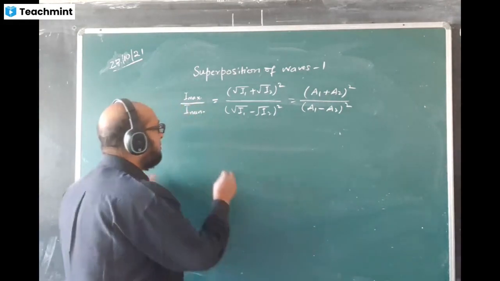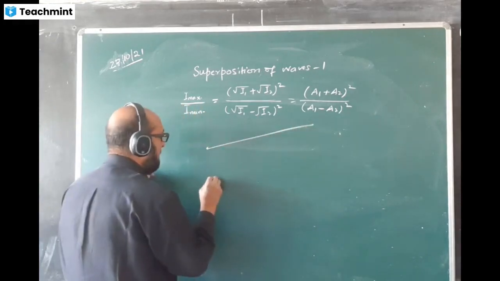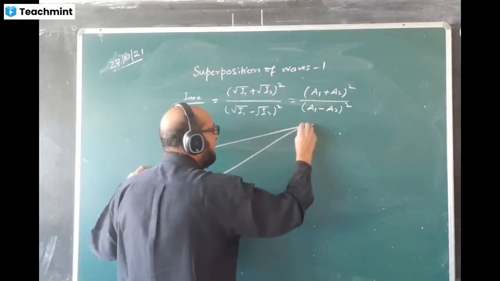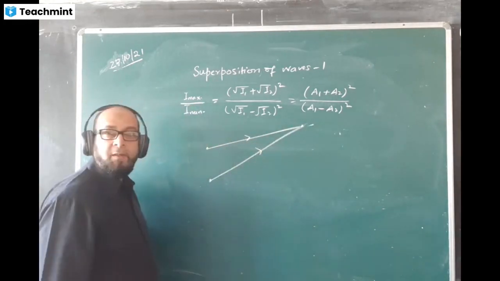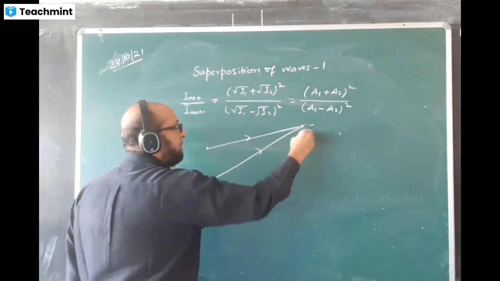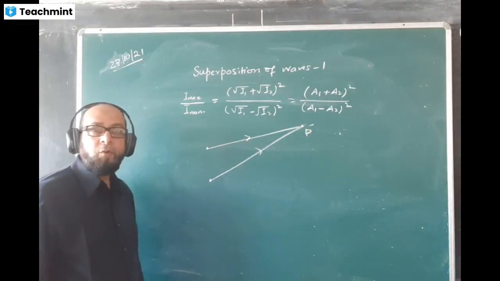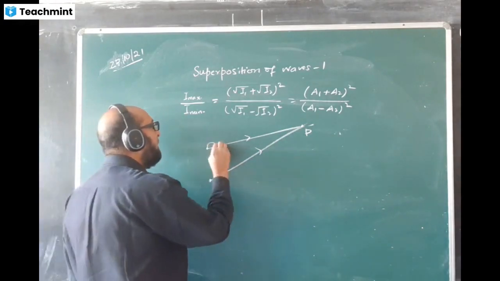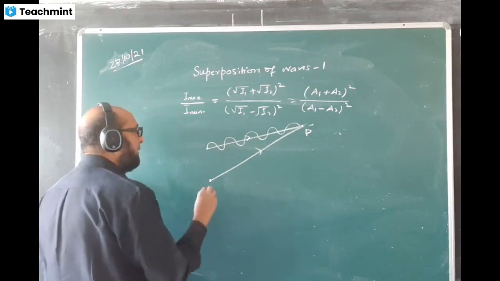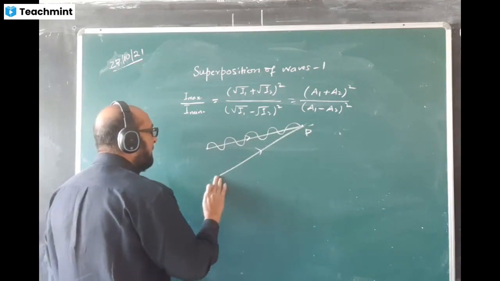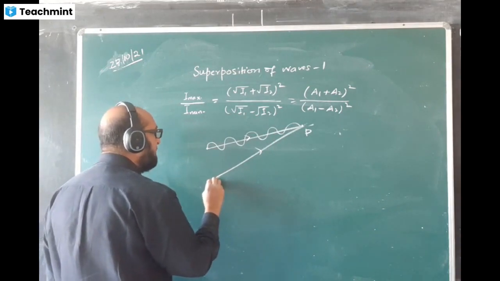I will give another example. Suppose we have one wave like this, and another wave here. They originate from the same source, remember. They meet here at this point. This point will have maxima or minima. How do we know? Suppose here the waves are going like this. Just have a look. And here the wave is going in this manner also. Just see.